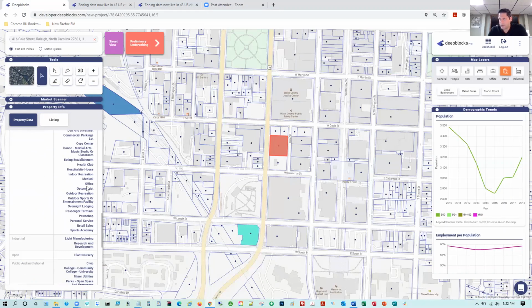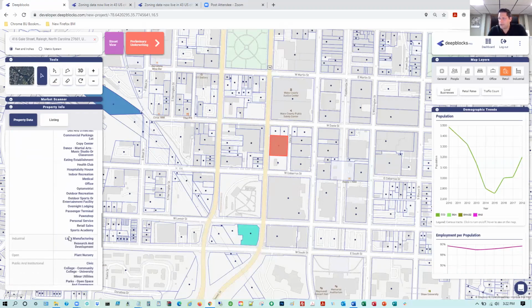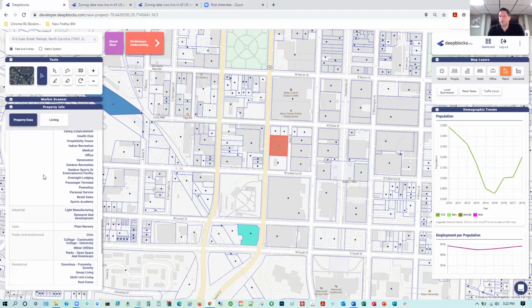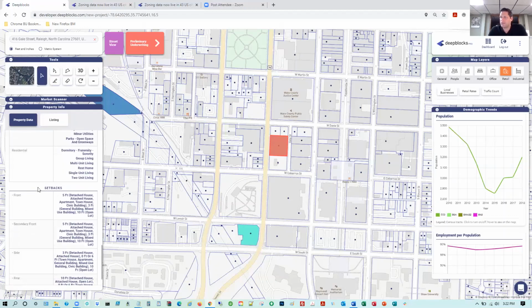As I mentioned, I'm looking to do office, which it's zoned for, as well as retail. So it's perfect. You can even do a little bit of industrial, I believe, on this property. Let's see. Yes, right here. You can do light manufacturing and R&D. So we can even add an industrial layer if we want, and we could evaluate that as well. And here are your setbacks for this particular parcel.